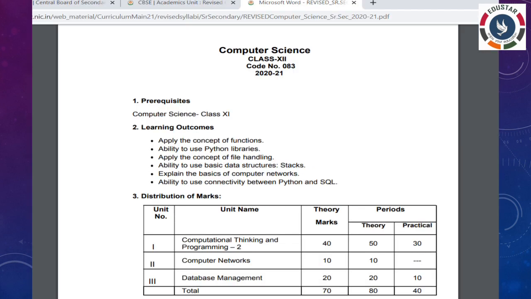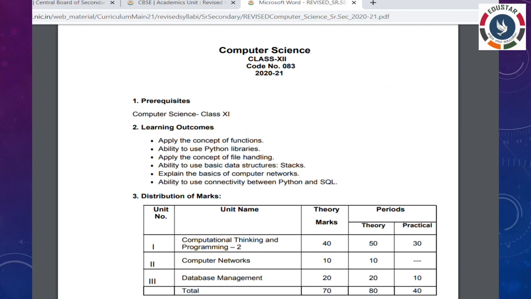After clicking on this, a PDF file is displayed on the screen. In that PDF file, they have given the 11th and 12th options. Don't bother about the 11th; we move to the 12th. Our subject code is 083, given for 2021. Okay, and next, after completing this, what are the things you have to know, that is, what is the outcome at the end of the year.